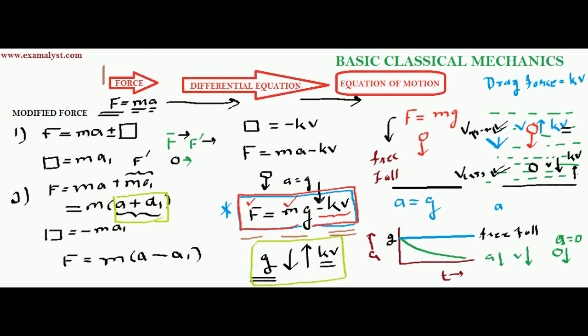Now, our first part is clear. We have made a modification in the force equation because our system was changed. Initially we had no resistance in our system, that's why force was equal to ma, but now we have resistance in our system, so we made a little modification in our force equation. So what is the next step? This modified force must have a corresponding differential equation. In the next lecture we'll look at the corresponding differential equation of this modified force, and then we will look at the equation of motion for this differential equation. We will do that in the next lecture.